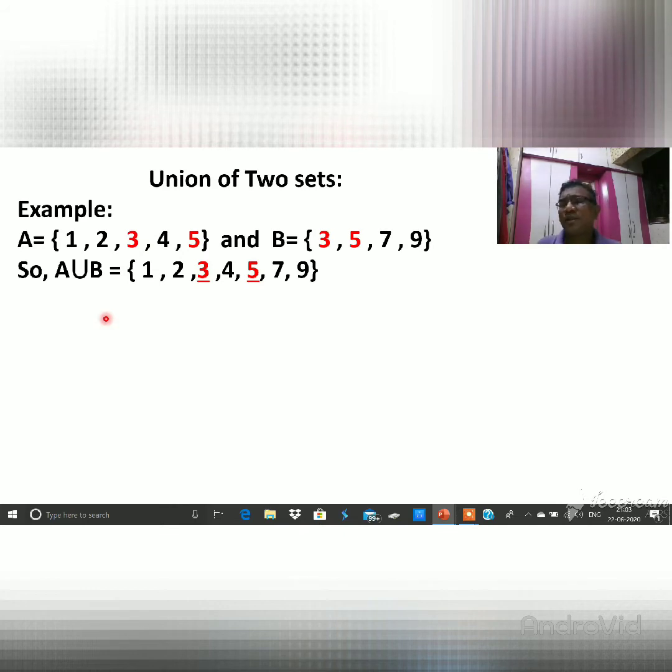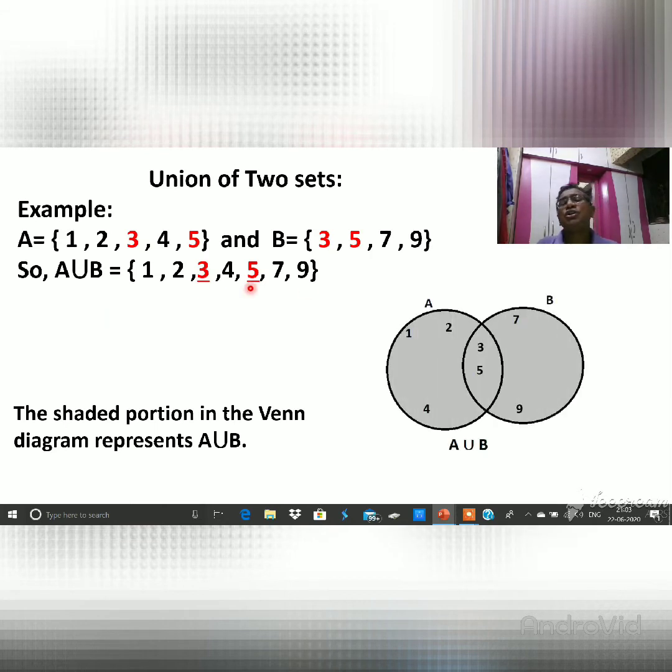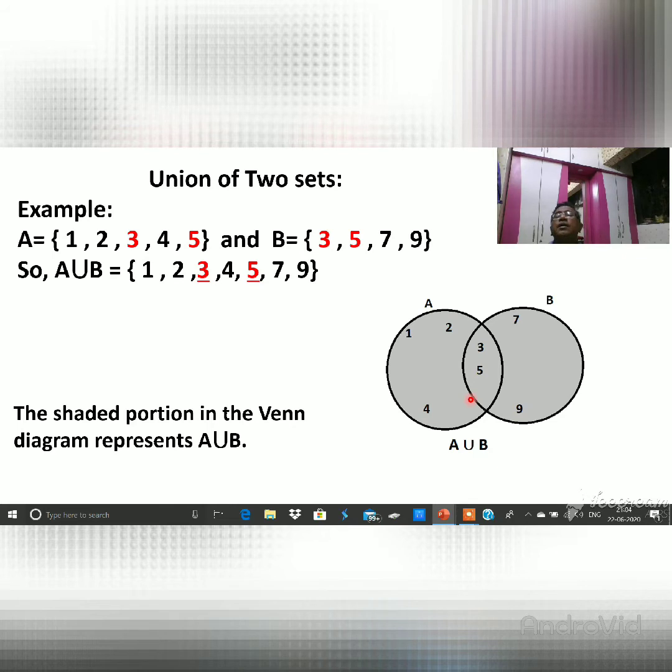Then that can be shown by the Venn diagram. So how can you show it by the Venn diagram? Just see, this is the Venn diagram. It is the A set and it is the B set. The A and B sets are right together, so we can show the color of A and the color of B the same. So see here, the color of A and B are shown the same. Why? Do you understand? Okay.